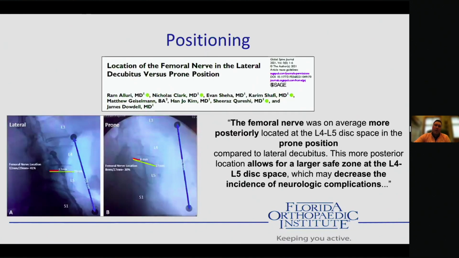Now, what does the data show about prone lateral currently? The positioning of the femoral nerve was looked at, and this was an anatomic study that found that the femoral nerve position was on average more posterior in the prone position than in the direct lateral position. And this is a consequence of how we position these patients and extend the hips to allow for posterior rollback